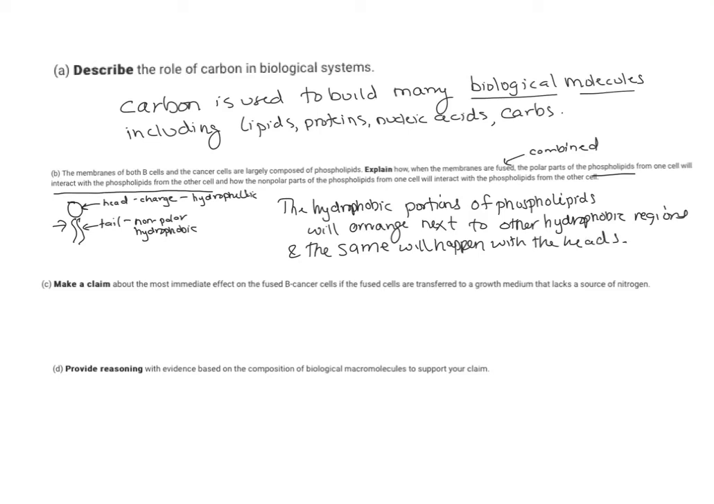And so what will happen is you actually get the membranes fusing together into something that looks like this, where the hydrophilic heads are arranging and sticking together, and the hydrophobic tails are sticking together. And you start getting this barrier. And you'll also get, and we'll talk about this next unit, what's called a bilayer. And you notice that all the hydrophobic portions are sticking together and the hydrophilic portions are sticking together. So that's what we're looking for in that question. Okay, moving right along. Question C, make a claim about the most immediate effect of the fused